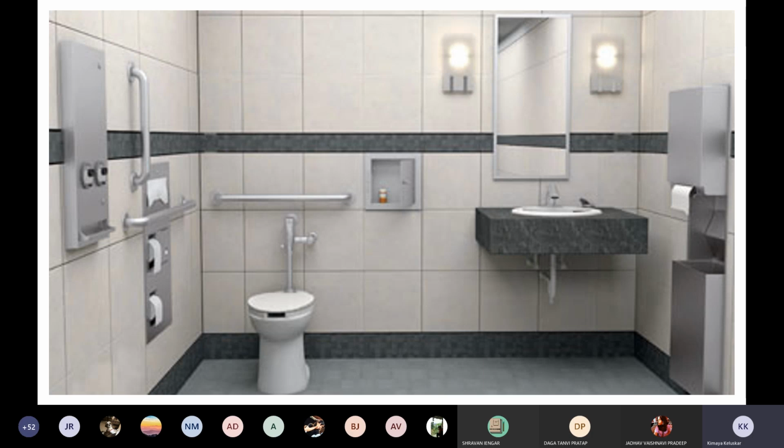This is the image that we got to show you the kind of grab bars which are there. The heights of the toilet paper roll also matter, so that you serve maximum people. Then you have this emergency panel bar on your left hand side where there are two buttons. There is a vertical grab bar, so if someone wants to stand and push those. On the right hand side you have your tissue paper, and then there is a dustbin below it.